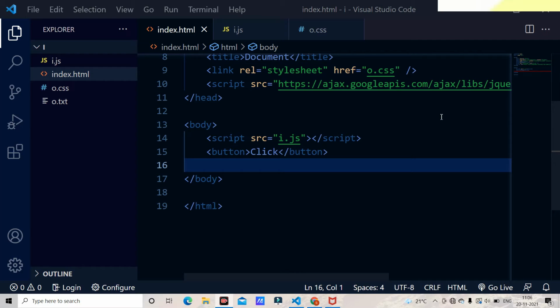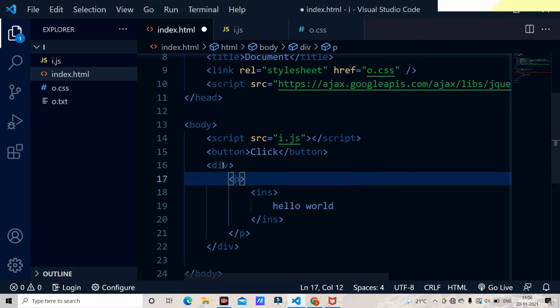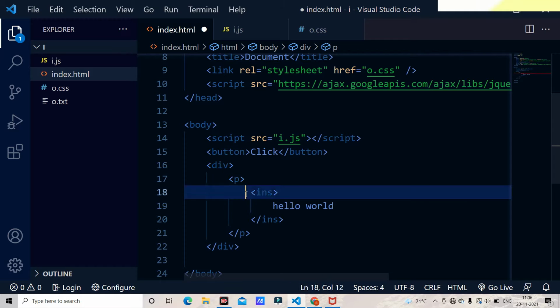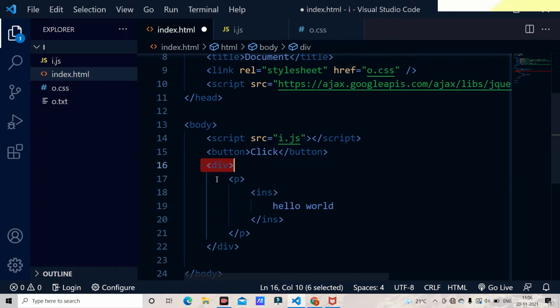For example, I am going to paste an example here. Here we have a div, and the div has a child p, and p has a child insert. According to the div, p is its child and insert is its grandchild. This grandchild insert has the inner HTML hello world.